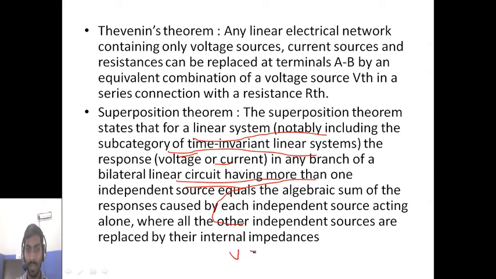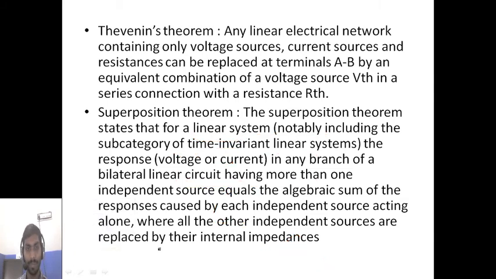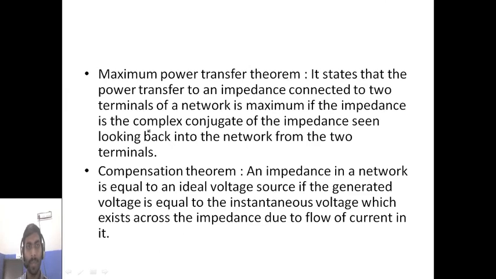If V is the whole source you are taking, then V1, V2, V3 across all the components. Let me say here you have a resistor R1 and the voltage across the resistor is V1, and the voltage across the resistor R2 is V2. Then adding all the voltages is going to give you the total voltage. Okay.